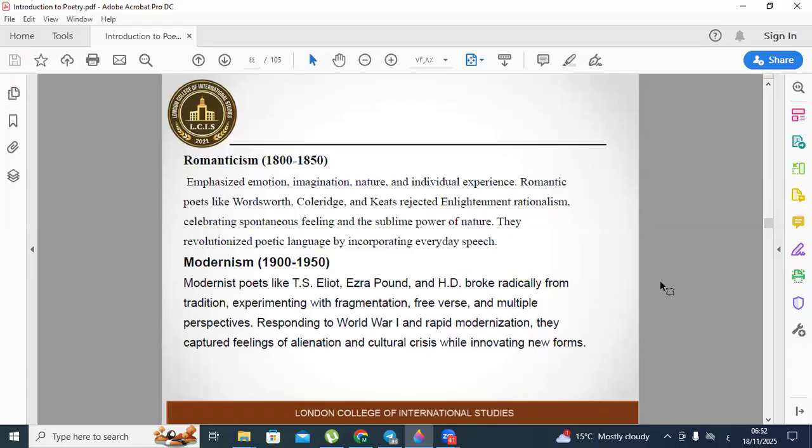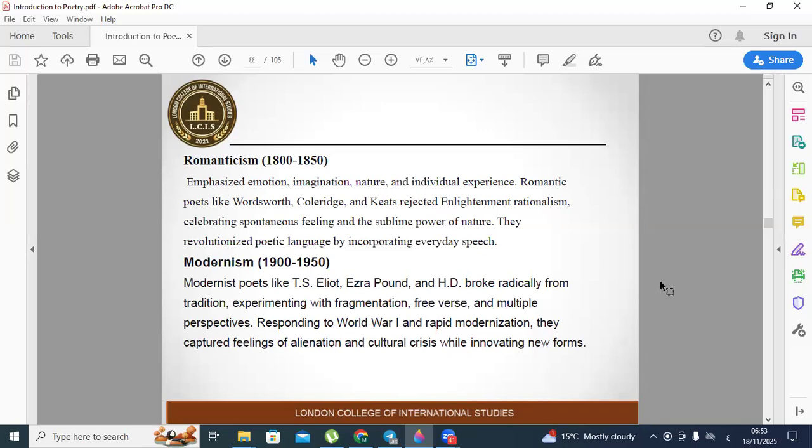Now let's move to modernism. Modernism, emerging around 1900 and flourishing through 1950, represented a radical break from tradition. Modernist poets like T.S. Eliot, Ezra Pound, H.D., William Carlos Williams, and